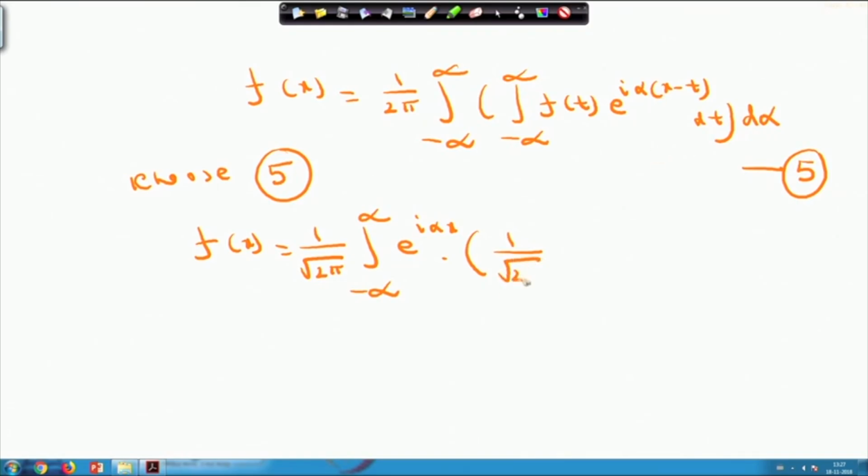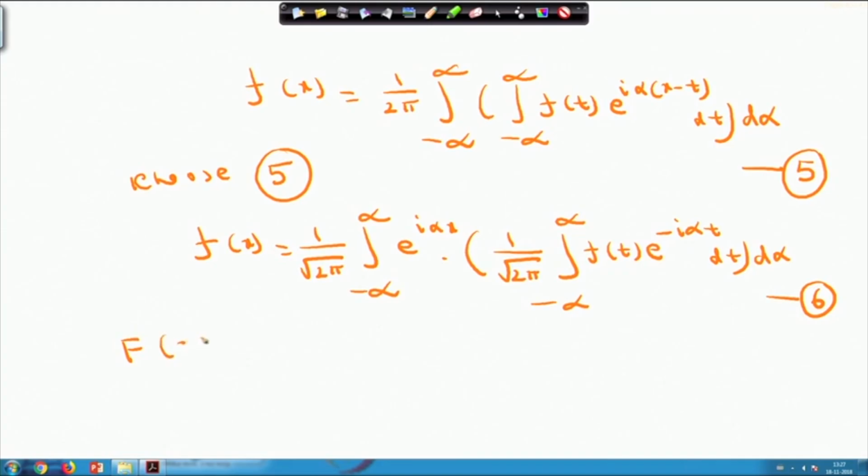So, 1 by root over twice pi, minus infinity to infinity f(t) e^(-iαt) dt into dα. This is your equation 6. So, I have chosen not equation 4, but equation 5, which is another form. Then I am writing it like this. In this equation 6, say we are denoting this thing